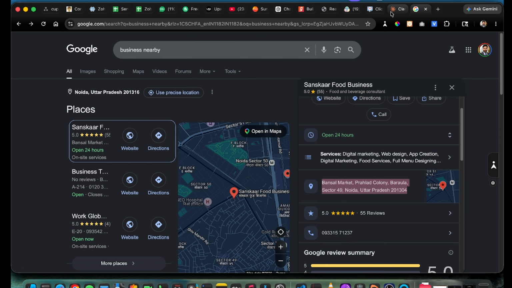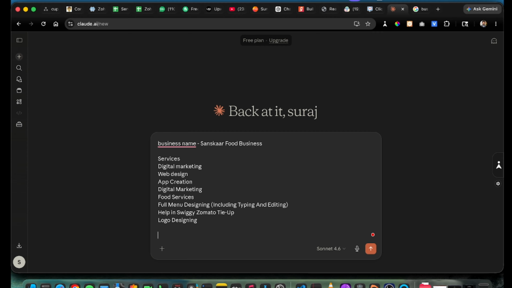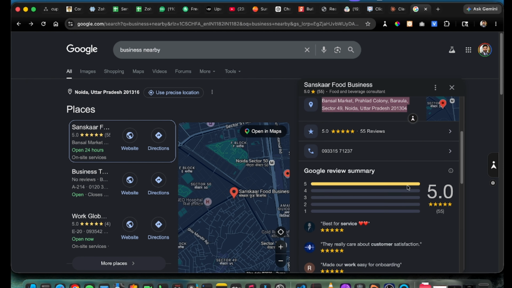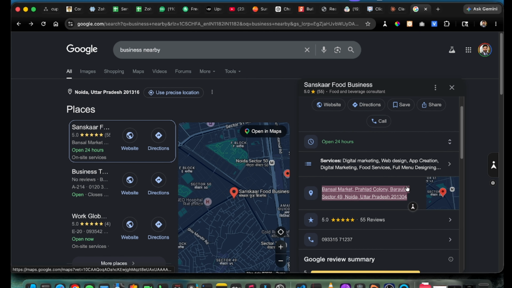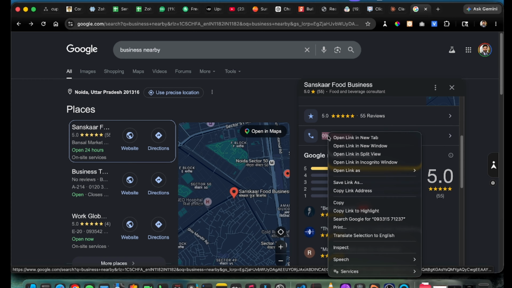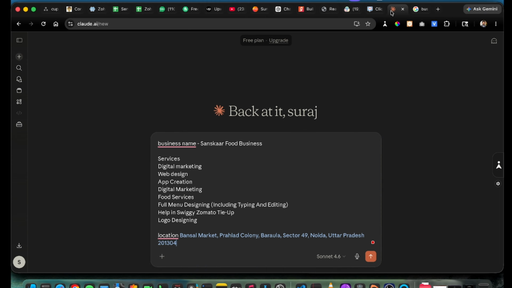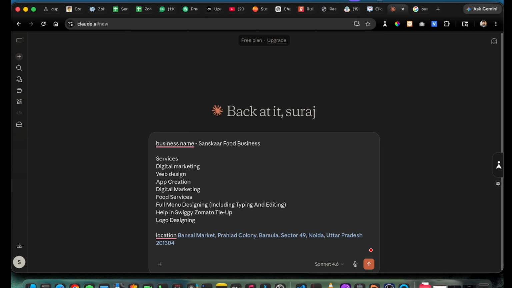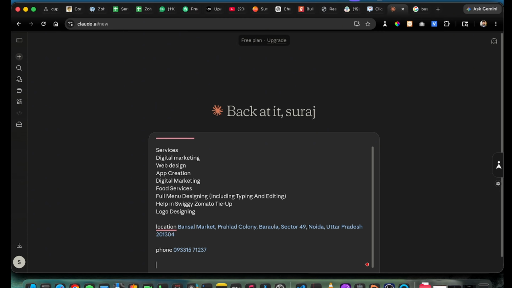This is the location. And this is the contact. So right now we are just taking only this information, and the prompt we have to provide